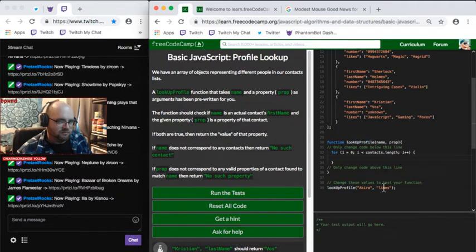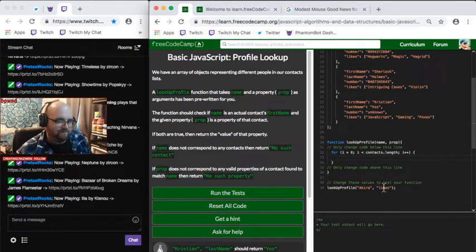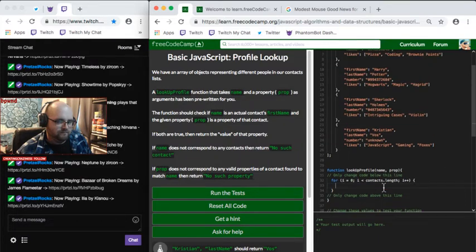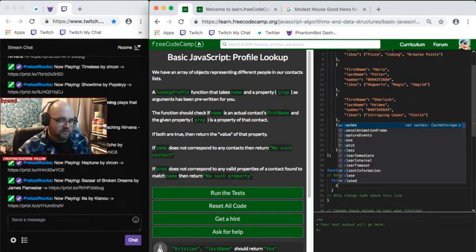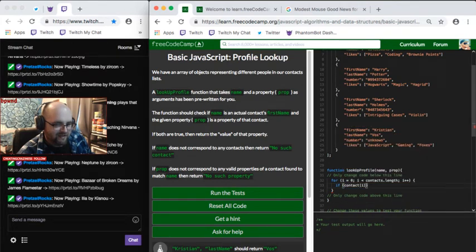So for each of these, we're going to look for a name. So we're going to do if contacts[i].firstName is equal to, is not,